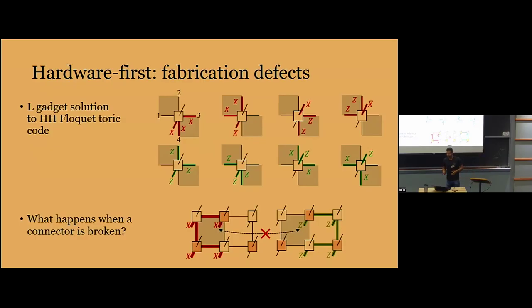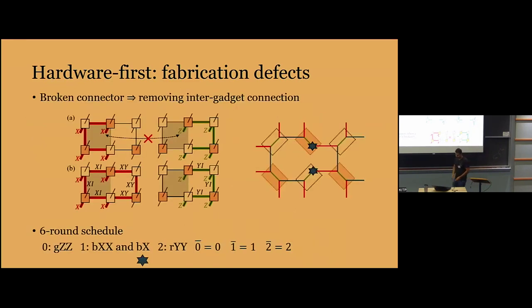So here, this is the toric code. This is the gadget solution for one of the white gadgets that I had. And now one of the connectors over here is broken. So if it's broken, I can map the Pauli operators in a different way such that all my constraints are satisfied, which is mapping the stabilizers to identity and making sure the Pauli algebra is preserved. And so I find a different solution over here. And this is a 6-round schedule, which works when you have some sort of fabrication defect,